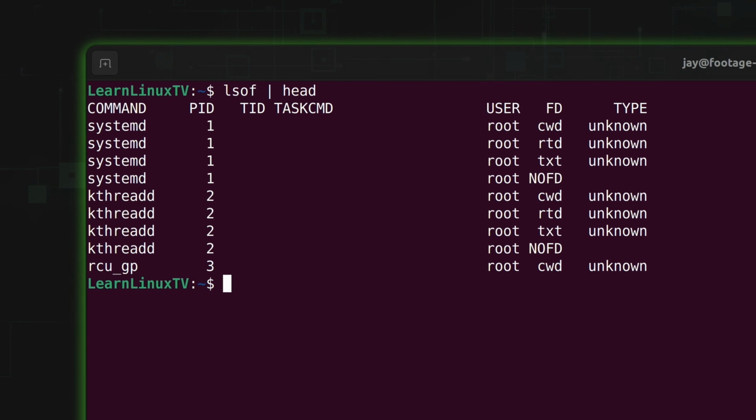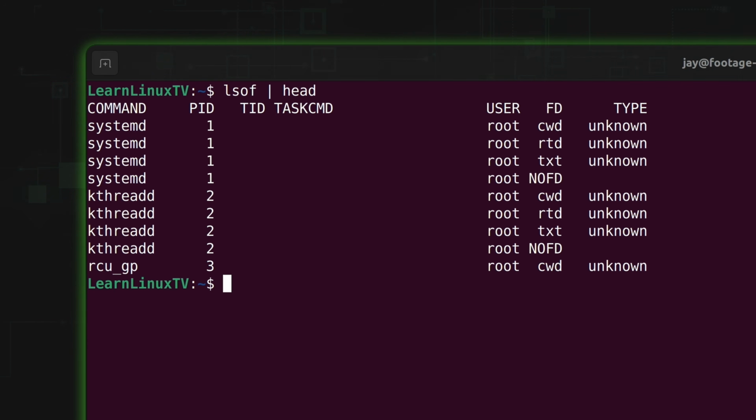here. Next, we have the TID field, which stands for Thread Identifier. A full explanation of this is beyond the scope of our video today, and it doesn't really factor in as much as the other fields do when it comes to our examples, and it's not likely that you'll pay attention to the TID field until you get even deeper into Linux, deeper than we go in this series anyway. So for now, you could write down that the TID stands for the thread identifier, and we'll just leave it